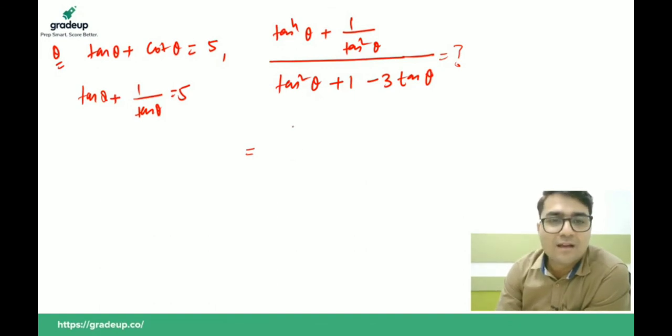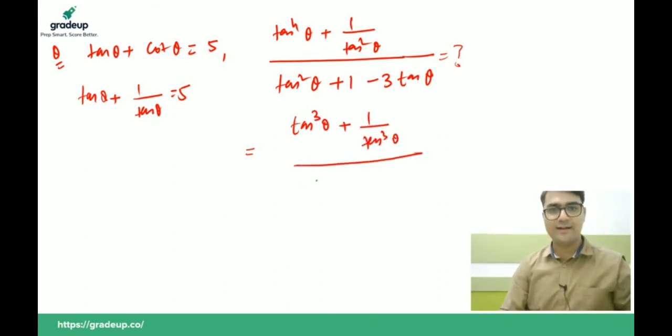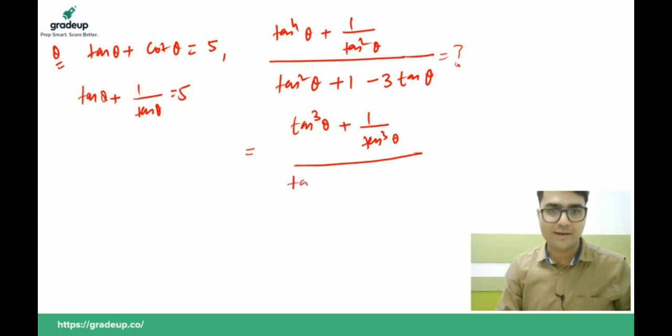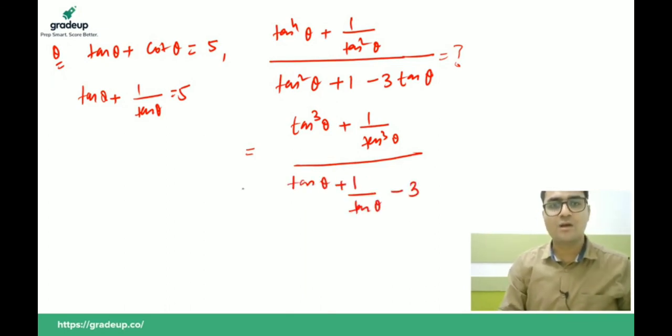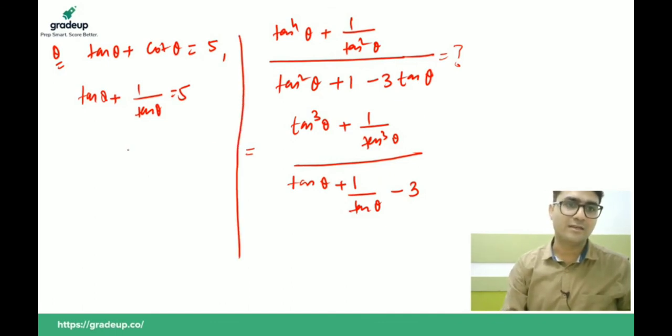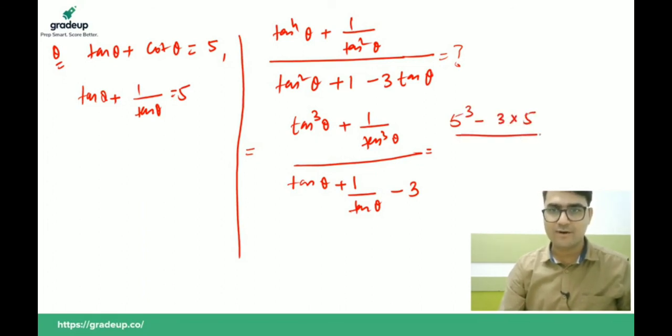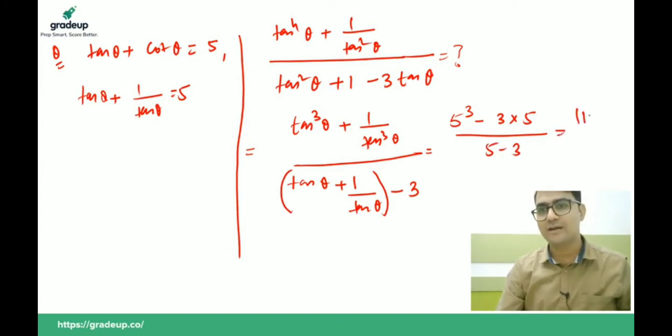Okay. Now, when I divide by this tan theta, we will get tan cube theta plus 1 upon tan cube theta. And when I divide by tan theta here, I am getting tan theta plus 1 upon tan theta minus 3. And since I have this, I can find this very easily. So 5 cube minus 3 into 5, divided by 5 minus 3, that is 110 divided by 2. Your answer will be